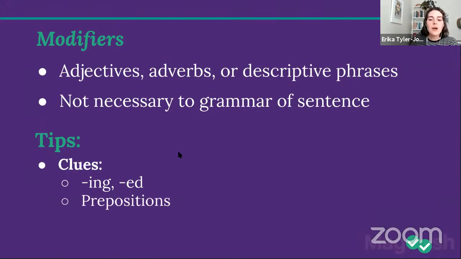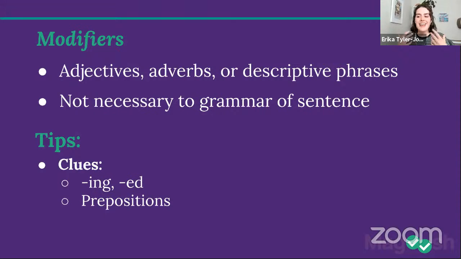Similarly, if you see a preposition, some of you may know what a preposition is. If you want to throw some examples of prepositions in the chat, go for it. But I'm going to throw some out there. Prepositions are those little relationship words. They're usually really short: of, by, above, below, among, between, over, under, those sorts of little words. If you see a preposition, it's typically starting a prepositional phrase. A prepositional phrase is a type of modifier. It's descriptive.